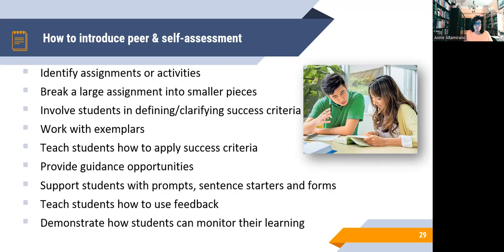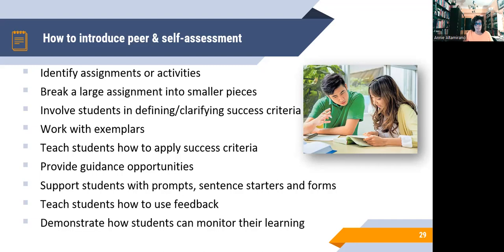That is, explicit instruction and modeling will help them understand what constitutes quality. Provide guidance as they apply the criteria. For example, applying criteria to anonymous samples deepens understanding of these criteria, helping students learn to carry out peer assessment by modeling appropriate constructive criticism and descriptive feedback through your own comments on student work and well-constructed rubrics. And also, support students in peer assessment and feedback, giving them prompts, including sentence starters, feedback forms that will help